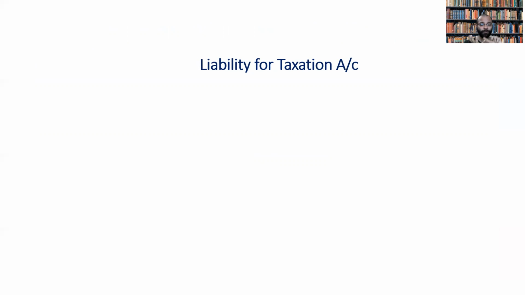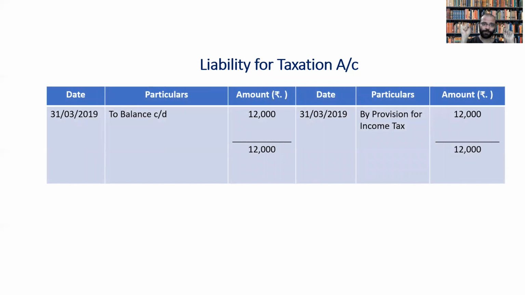Now, let's come to the next part, liability for taxation. We have prepared the first one, provision for income tax, as per the question, for 2017-18 and 2018-19. Secondly, we did the advance payment of tax. The third we are going to do is the liability for taxation account, knowing that whatever we have transferred, we are going to prepare here. For the current year provision, we had a balancing figure. Similarly, for advance tax paid, we also had a balancing figure. Similarly, for liability for taxation, we have the current figure. So all these are going to have the balancing figure, that is, balance carried down.